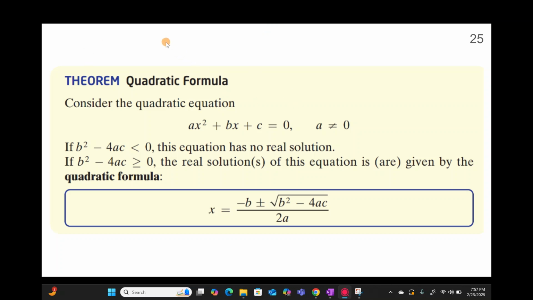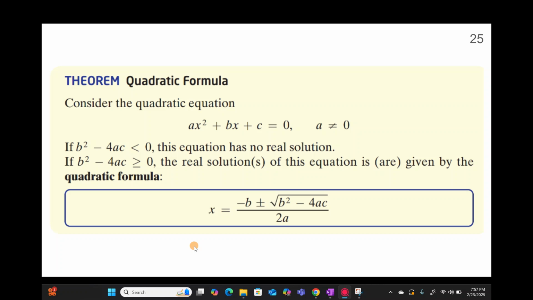In this video, we are going to be going over the quadratic formula, and in particular, how to use the discriminant to determine the nature of the zeros or roots of a given quadratic equation. So if we have a quadratic equation that is in the form ax squared plus bx plus c equals 0, with a not equal to 0,